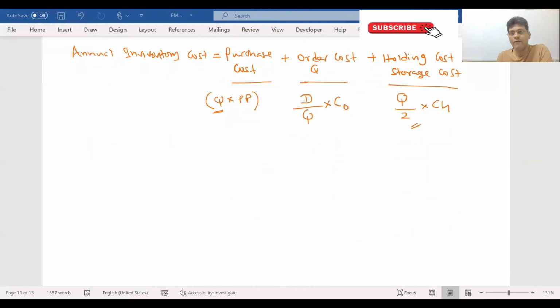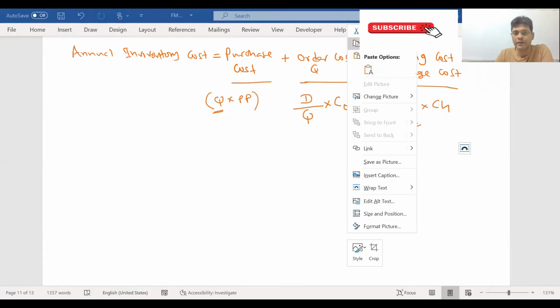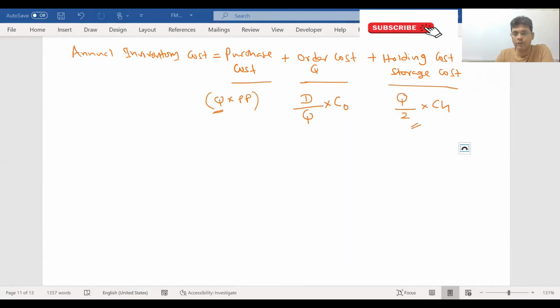We need to take the average because holding cost varies according to the number of units that a company holds for a particular period. Which means the quantity held will vary according to the consumption. Accordingly, the holding cost also will vary. Now, if you take the stock movement,